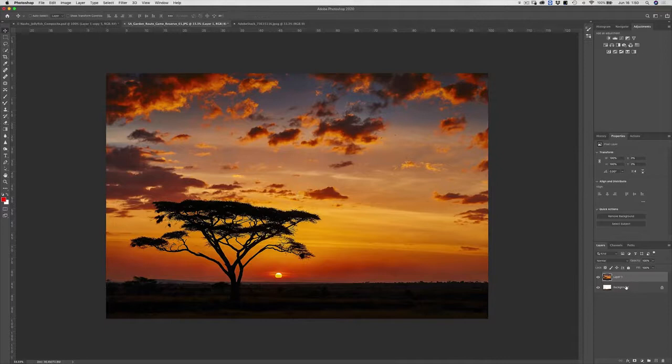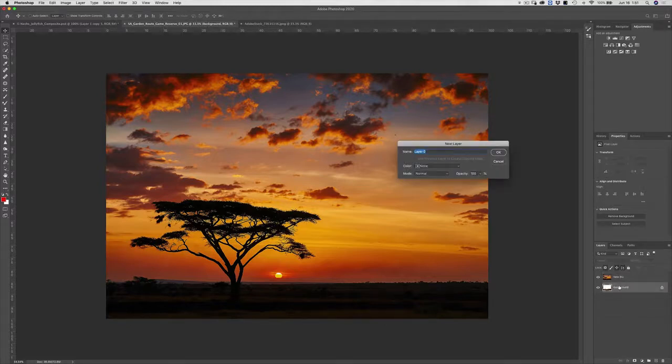I'd like to rearrange my layers so that my background is on the bottom and my giraffe is on the top. So with layer 1, I'm going to double click it and rename this New Background. And then my background layer, I'm going to double click that and name it Giraffe.